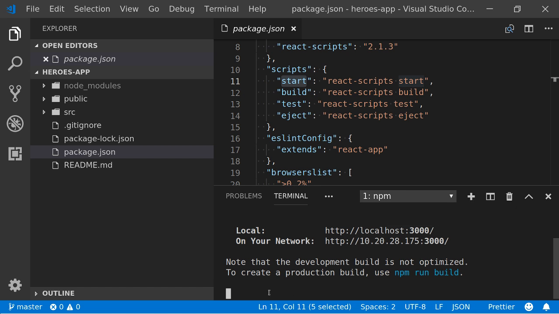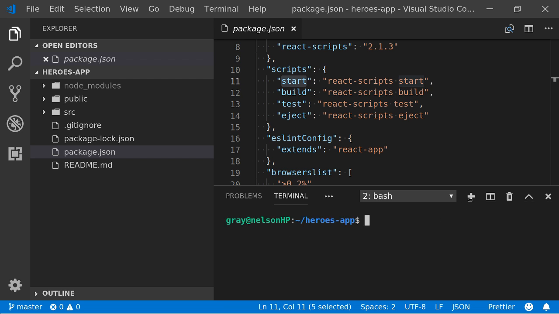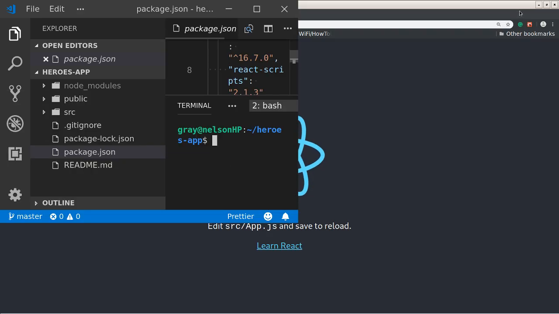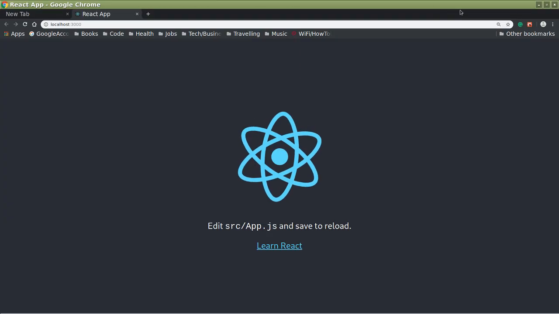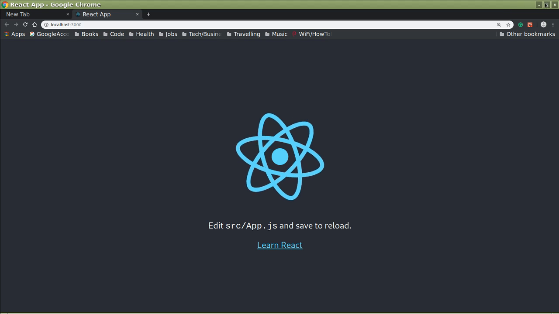Because my server's running, I'm actually going to open a new terminal window, which I can do just by clicking on the plus sign and leave that server running there. Now what you might want to do for yourselves is split screen it so that you can see both at the same time.